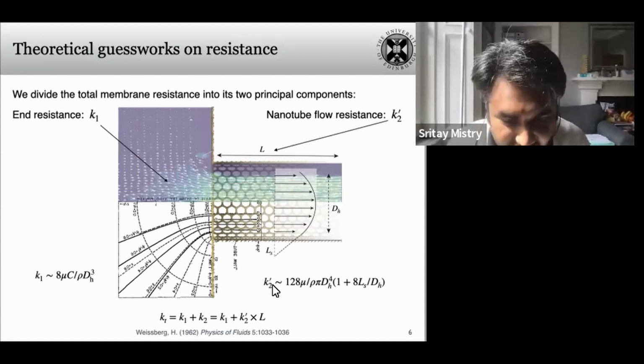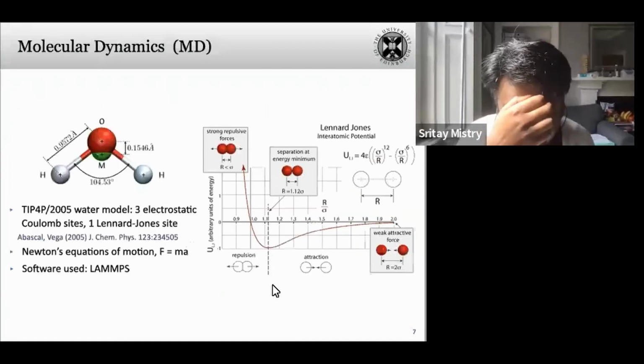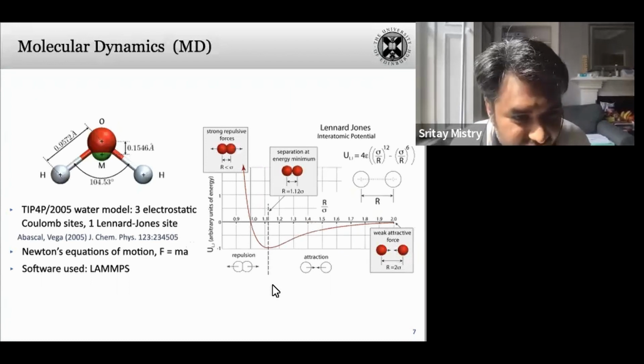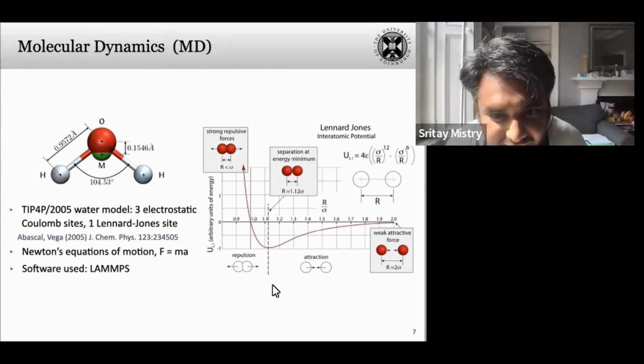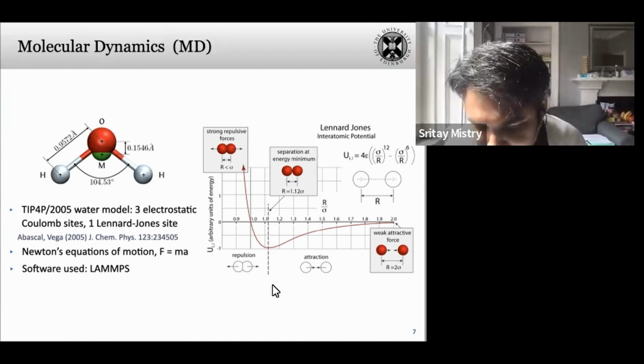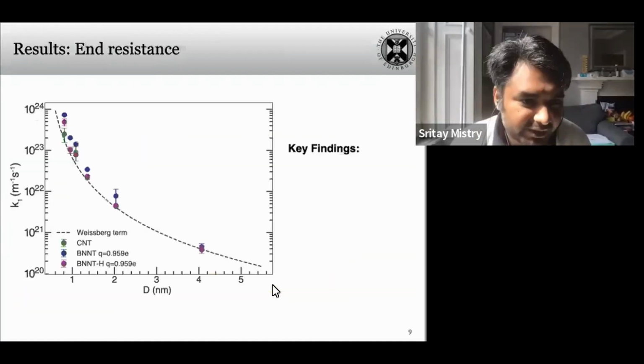Now, a bit about how we studied this problem. We used molecular dynamics, using the TIP4P/2005 model. I don't think I need to go much into the details of this. I used LAMMPS, the MD software. Now, coming to the